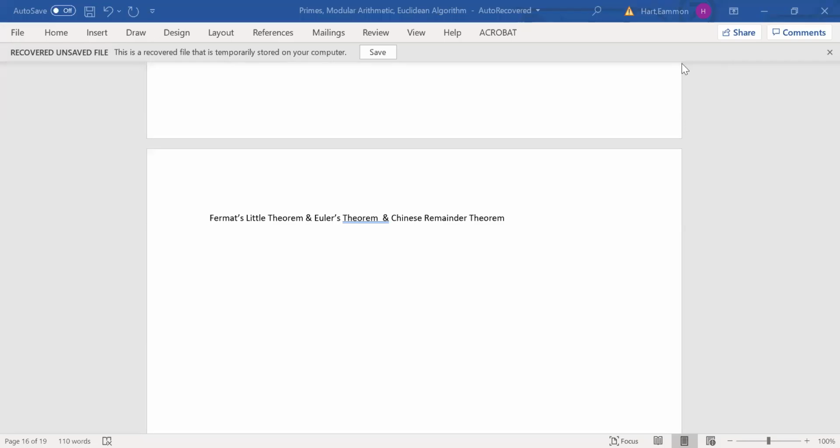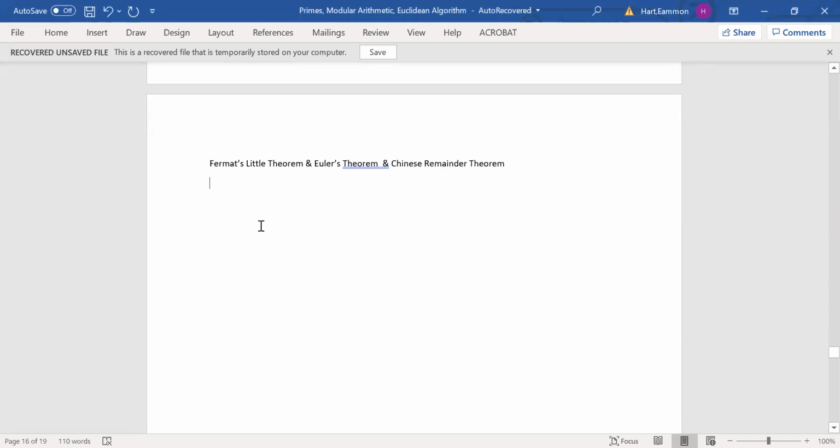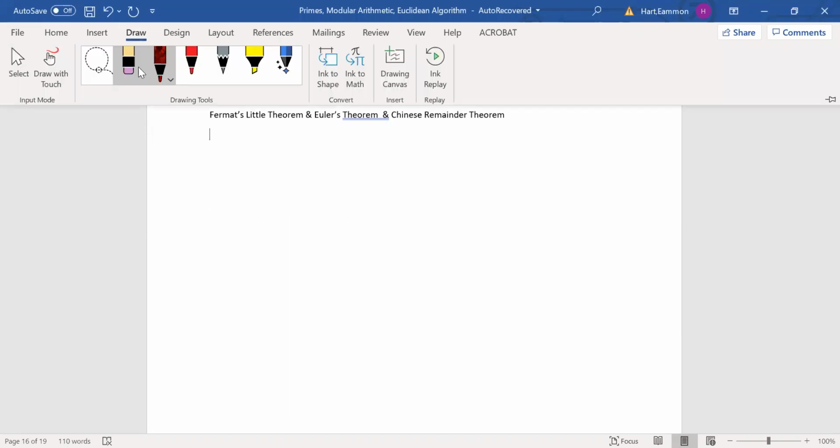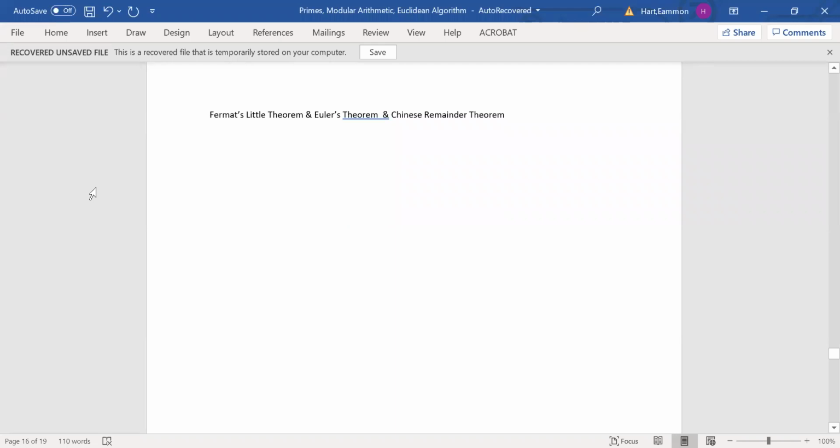Okay, so now we're going to go over three theorems. Fermat's little theorem. You may have heard of Fermat's last theorem. It's the same Fermat, same guy. Euler's theorem, which is a generalization of Fermat's little theorem, or builds off of Fermat's little theorem, and then the Chinese remainder theorem. So Fermat's little theorem says that a to the p is equal to a mod p